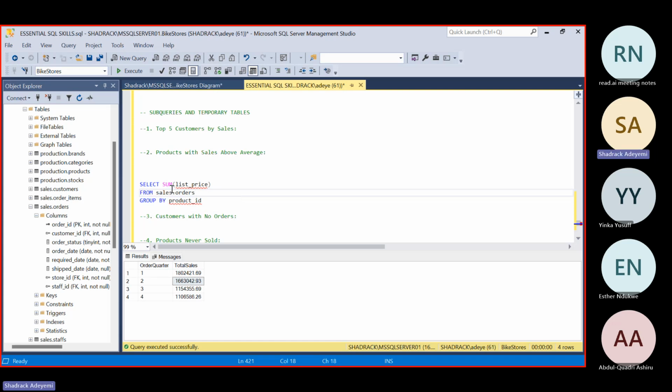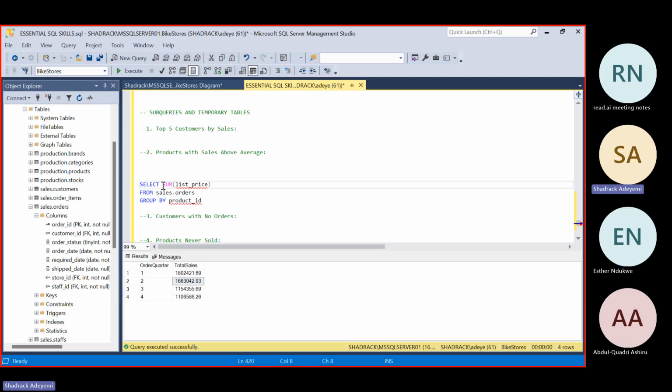So let us carefully look at something. Calling the sum of the list price, let's rename this as total sales so that it helps.